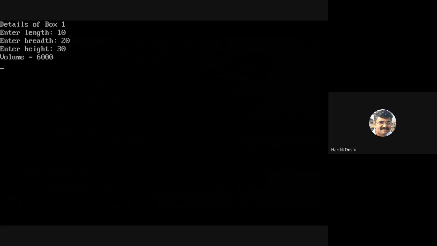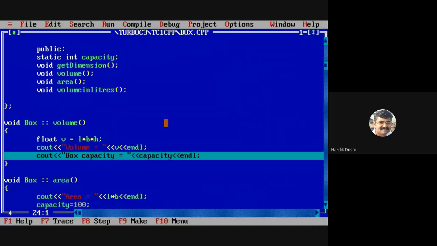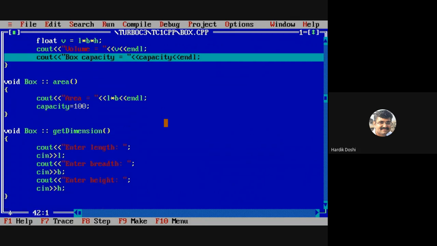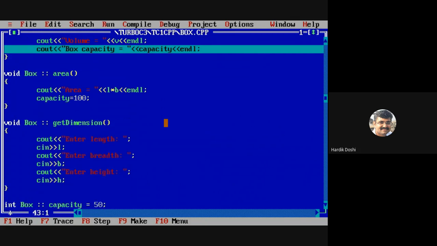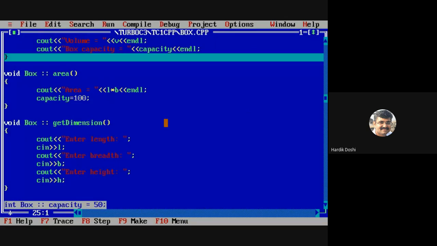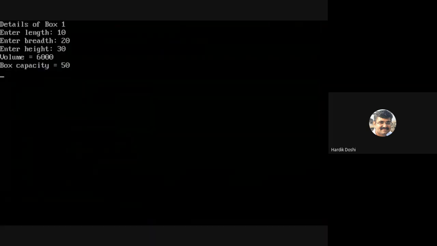Volume 6000. Now what will happen? Box capacity equals to capacity. What is the capacity right now? We have already defined it as 50. Yes or no? So it will print 50. See, it has printed the capacity 50.